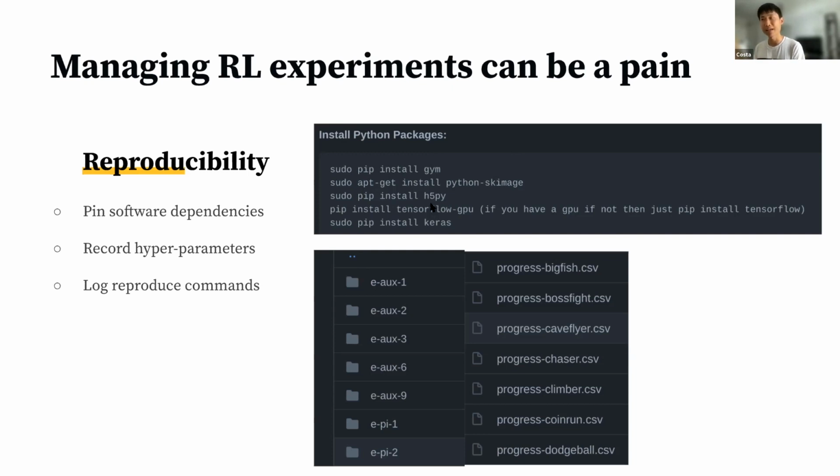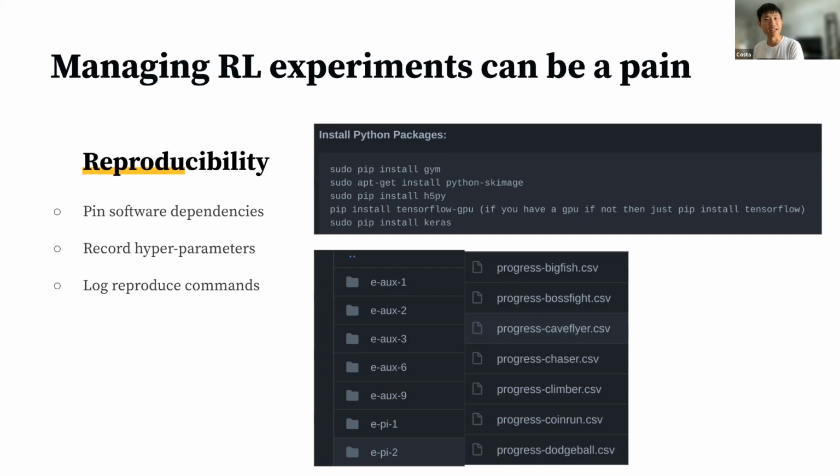It's also sometimes confusing how people record their hyperparameters. I've seen repositories where they put hyperparameters in the names of the folders and save the data in CSV files. All of these methods are fairly homebrew. That definitely works, but